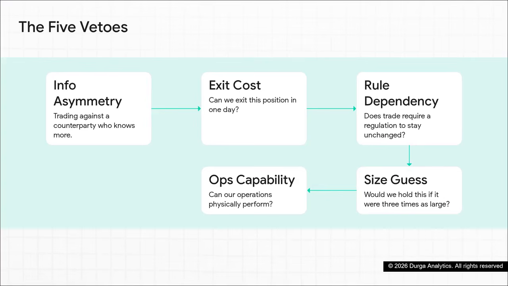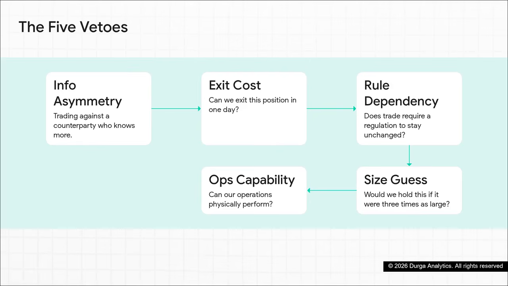This is designed to catch fatal flaws before you ever execute. Number 1, information asymmetry. Are we trading against a counterparty who simply knows more than us? 2, exit costs. Can we get out of this position in one day at a known cost? 3, rule dependency. Does our profit completely rely on a regulation staying unchanged? 4, sizing. Is the size just a guess, or would we still hold this if it were 3 times as